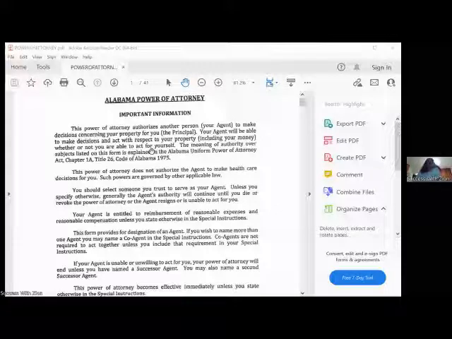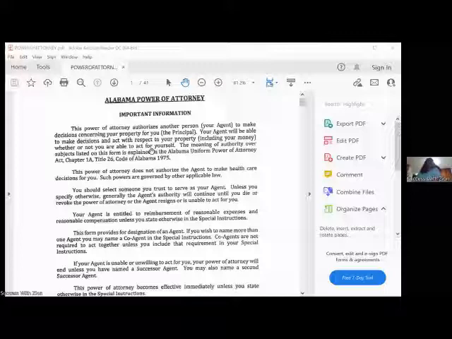So Jack Doe, who is the principal, signed off the permission relinquishing authority to John Doe to be his agent and Jane Doe, right? So then they get to choose: if you wish to grant specific authority over less than all subjects enumerated in this section, you must initial by each subject. So if they have specific special instructions, they would initial next to any of these.